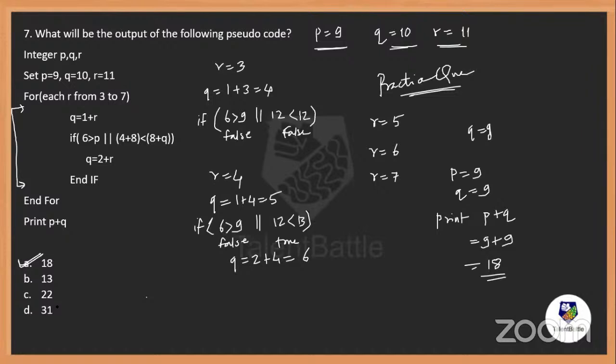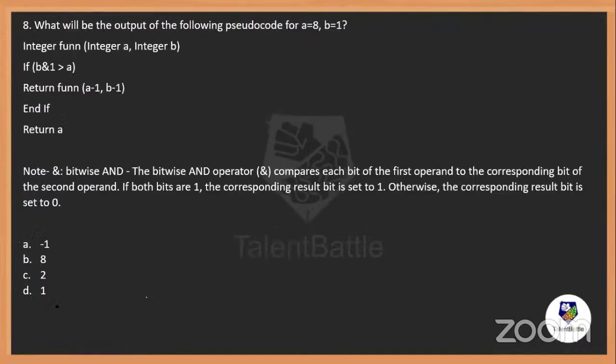Now the last question for the video. Again, a recursive call function. What will be the output of the following pseudocode for a is equals to 8 and b is equals to 1? Function is accepting two parameters, that is 8 and 1. And if condition,